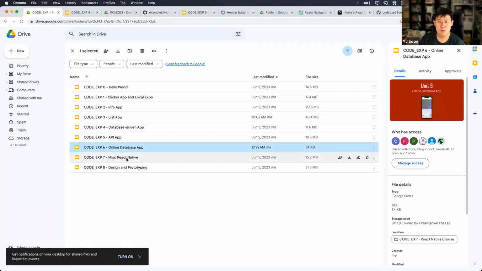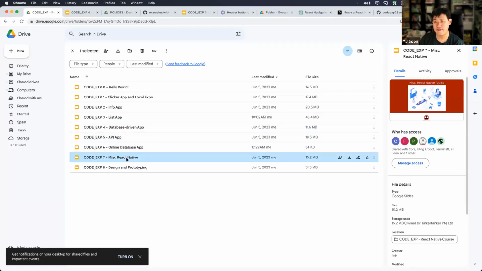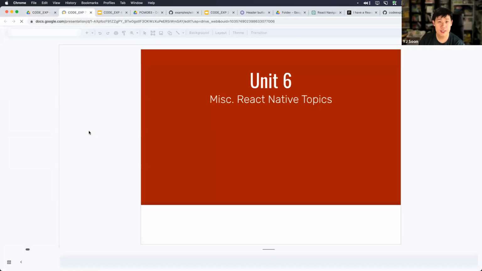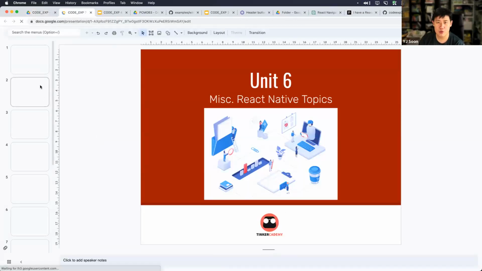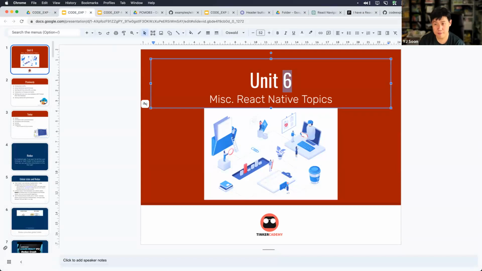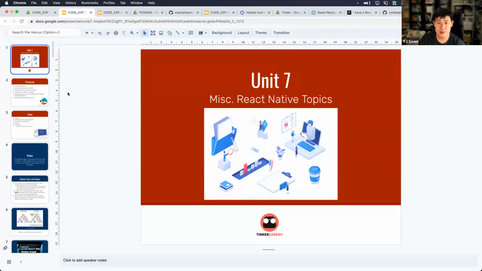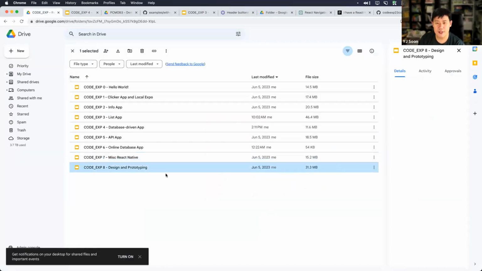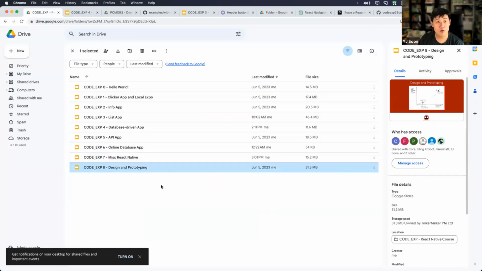This is miscellaneous topics, and I'll quickly run through them maybe later on. Also, my numbering is off. Never mind. Go change it. Okay, done. Everything is fixed. And finally, design and prototyping, which I will go through tomorrow as well.